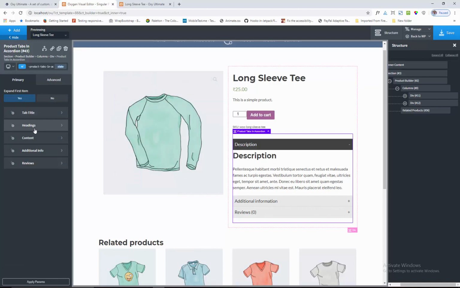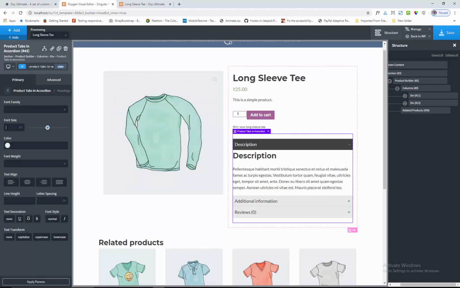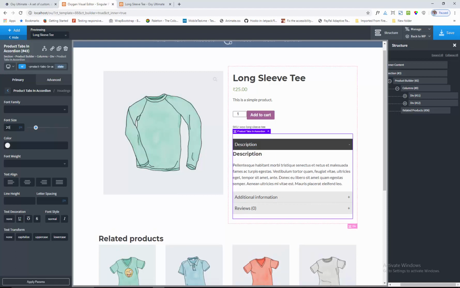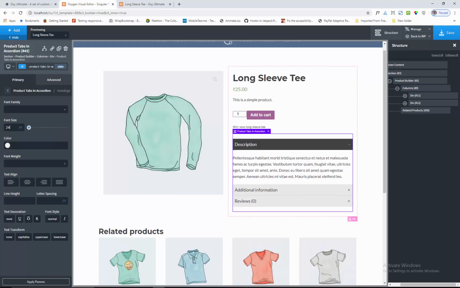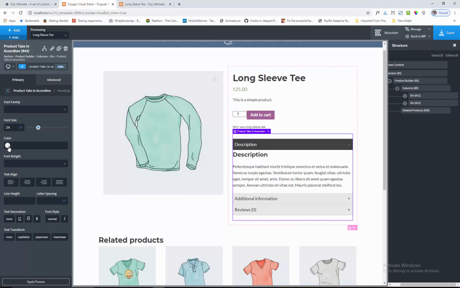next we can style the headings like this heading. So size is 20 or 24. Next we can add some color. Okay,